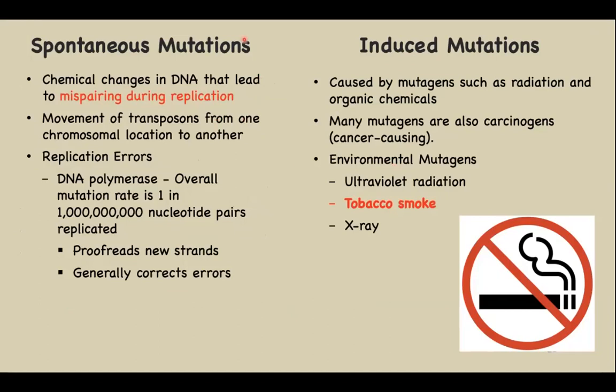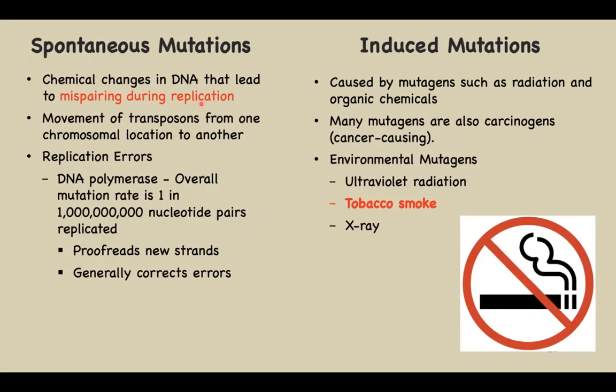Kalau spontaneous mutation, dia selalunya melibatkan mispairing during replication. Okay, it happens naturally in our body, so we call it as spontaneous mutation, ataupun the movement of transposon from one chromosomal location to another. Maksudnya there's a base substitution daripada satu point kepada satu point yang lain, ataupun replication error. Tapi error punya part ni